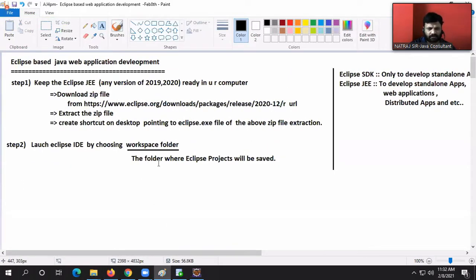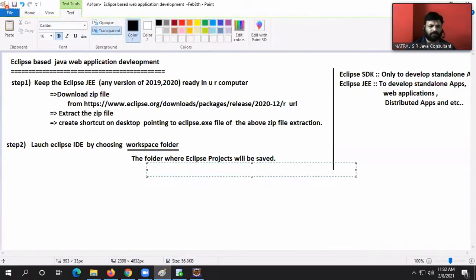Right. So what is the folder that I'm going to give, guys? G:/ any location, any name you can give. G:/workspaces, and after that, what next?